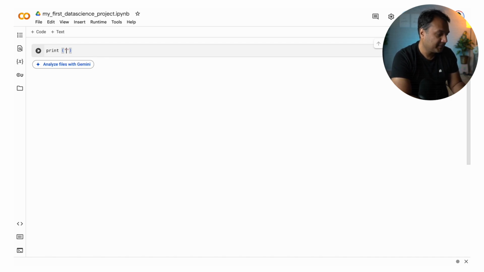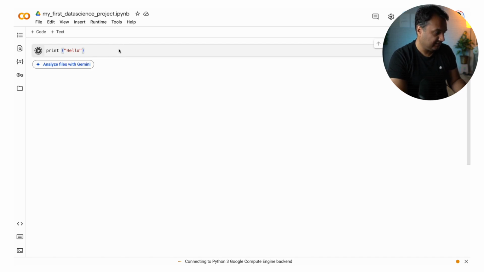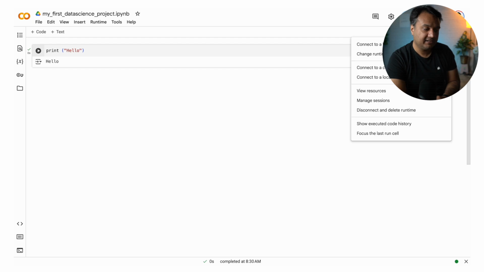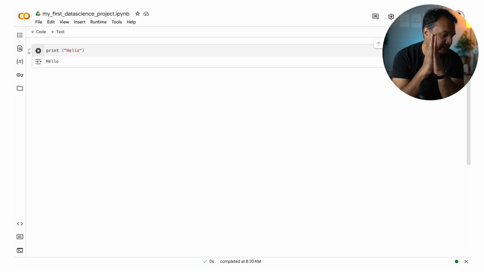So let's do hello. And then you can press this plus sign here, or you can use this shortcut, which is Command Enter or Control Enter. So we'll do Command Enter, it runs this cell. Okay, now you can see the hello gets printed here. It took a while because when you look at it, it was previously connecting, now it is connected. So now you have it working.